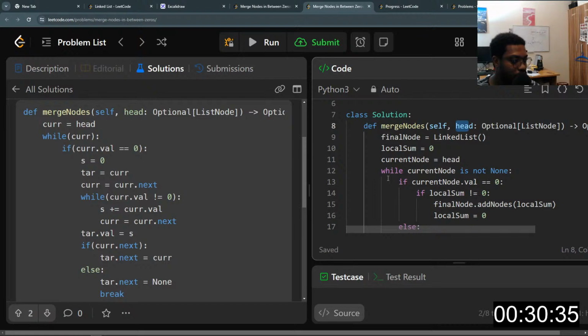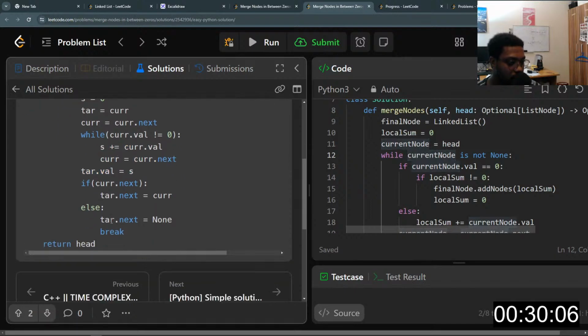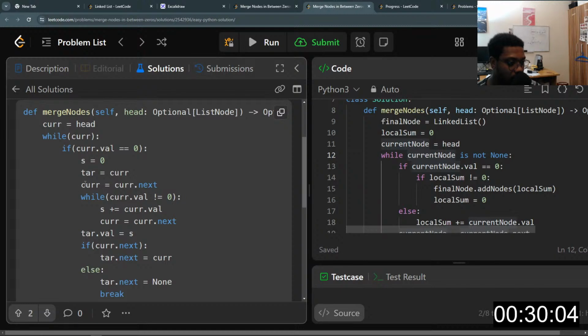Okay, so we need a local sum, obviously. So I'll just say my current head is going to, why do I need to keep it? Is that necessary though? I mean, current node is the head. Okay, yes. And I said while current value is not equal to 0, then we set this current to the next. If current value is equal to 0,